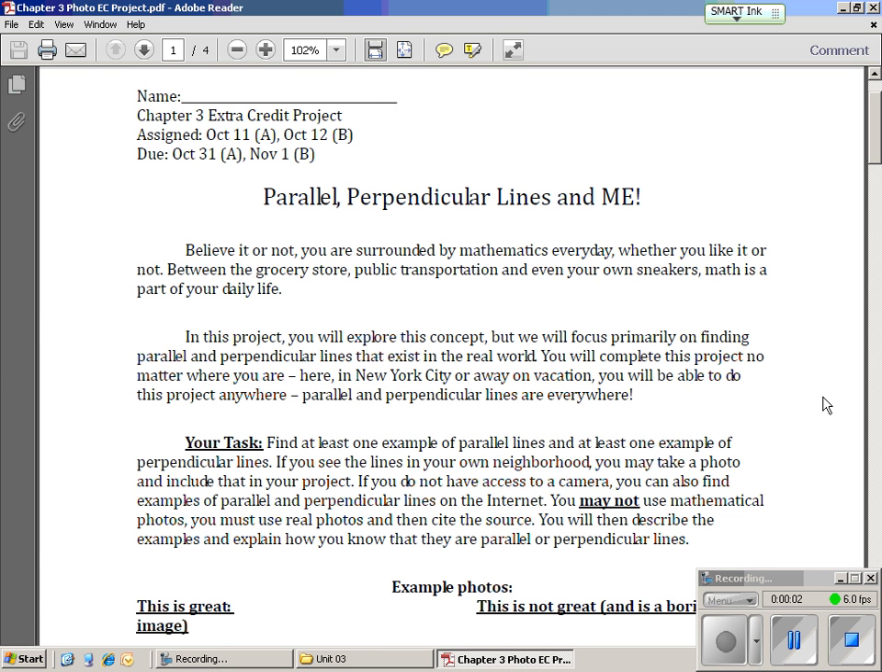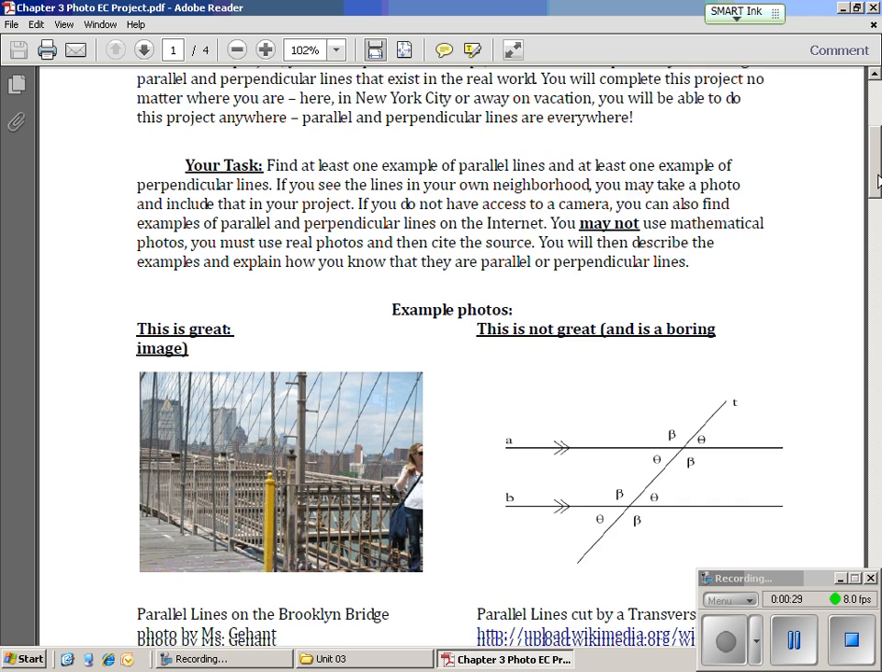This video is to introduce the extra credit project that goes along with Chapter 3. This description begins by talking about how mathematics is everywhere around you. And in this project, we're looking at parallel and perpendicular lines and examples that you see around you of parallel and perpendicular lines. So the project is that you are to take two pictures, a picture of parallel lines and